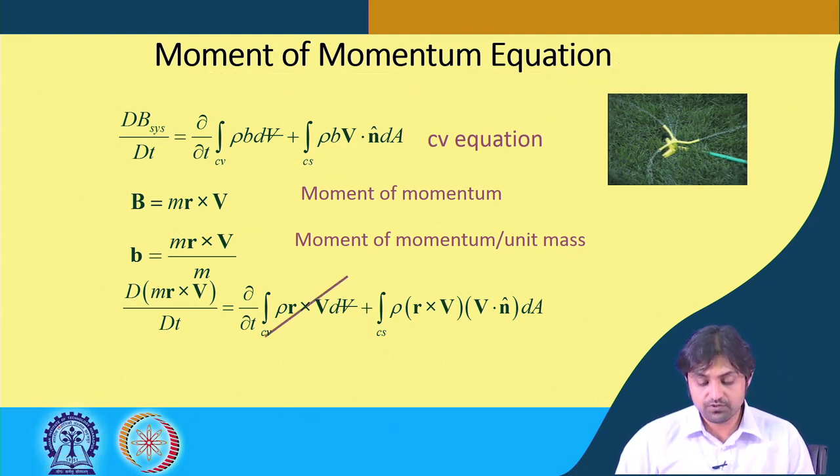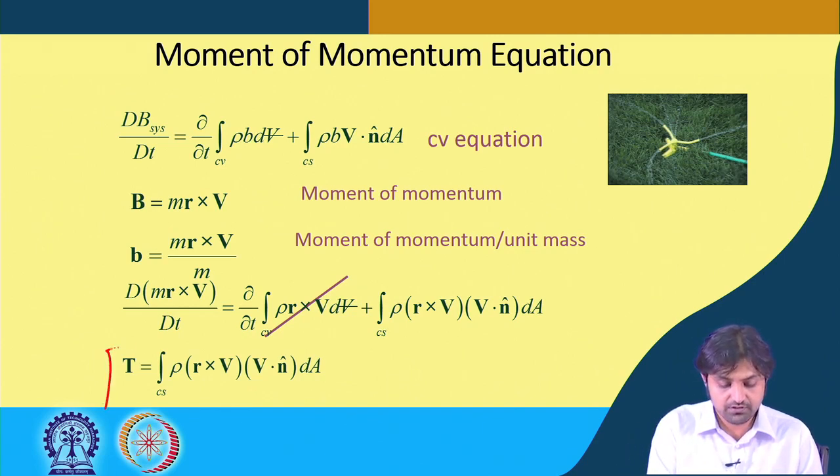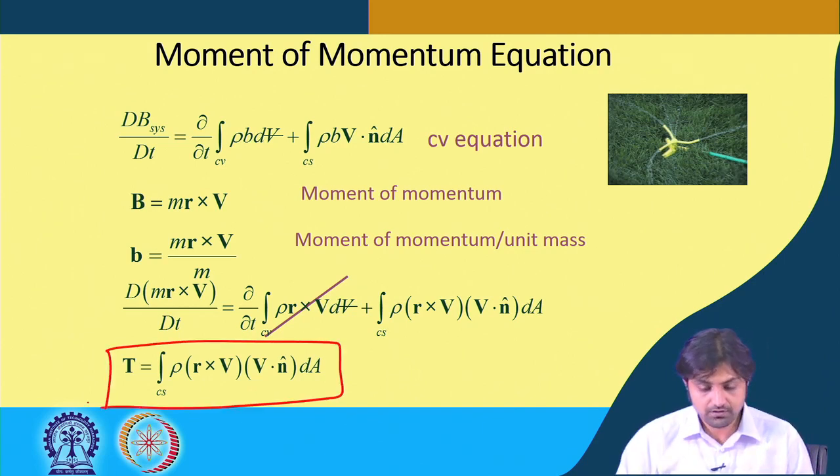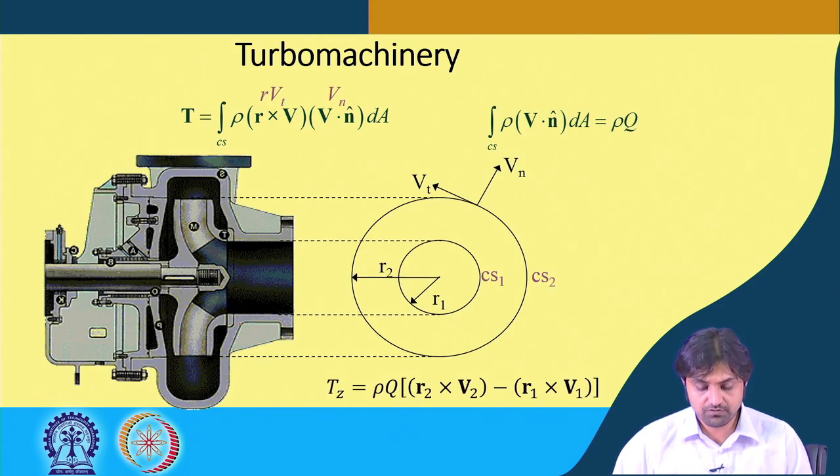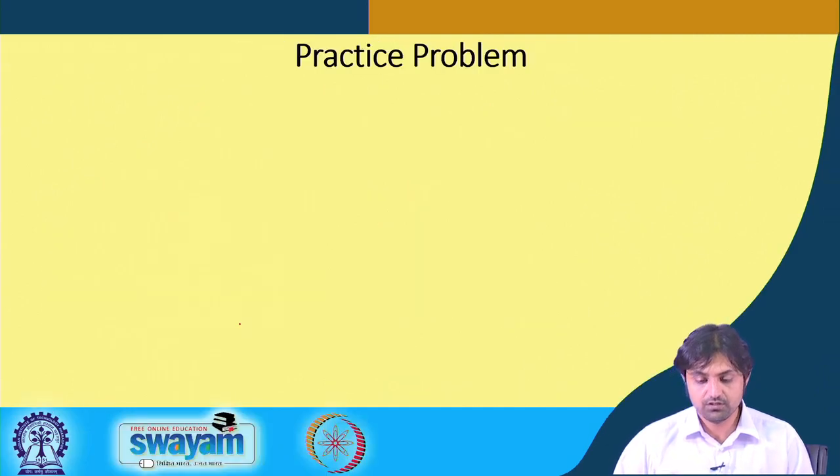So this is going to be 0, but we are not going into detail. This is for steady state, because del T is 0. We are not going to do the analysis. One of the examples is turbo machinery, but I am going to skip this for your convenience. But to know, one of the examples of moment of momentum conservation in real life is turbo machinery.